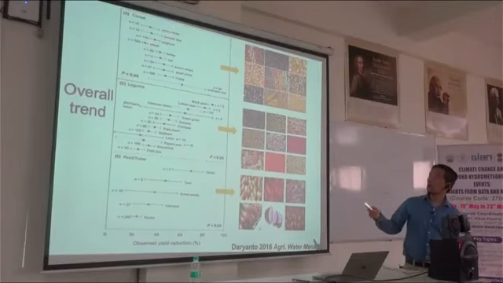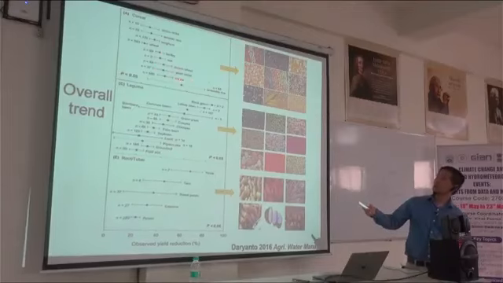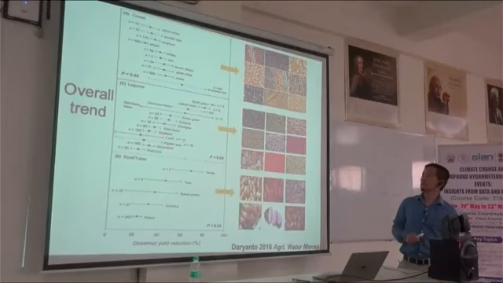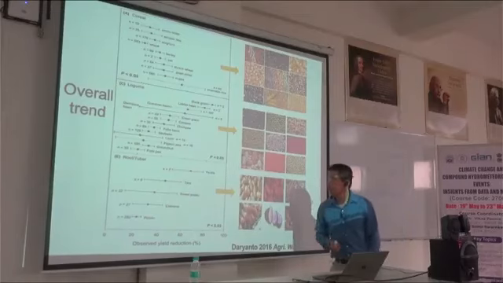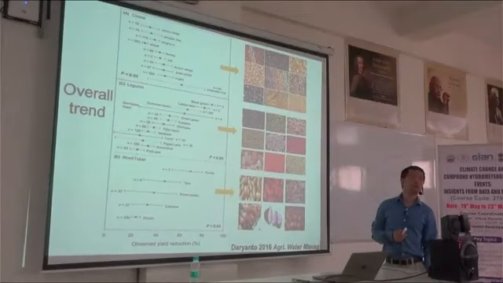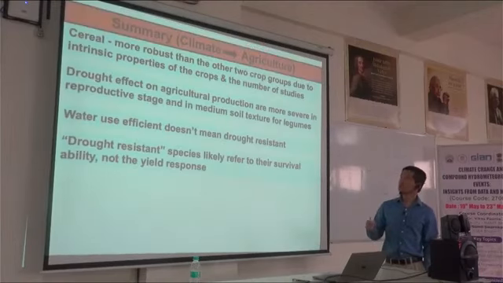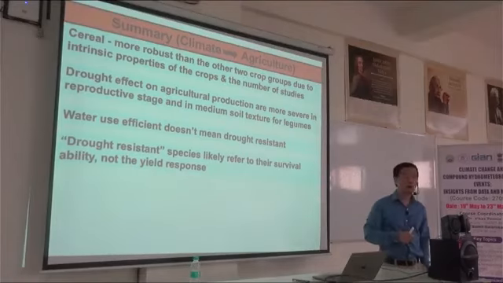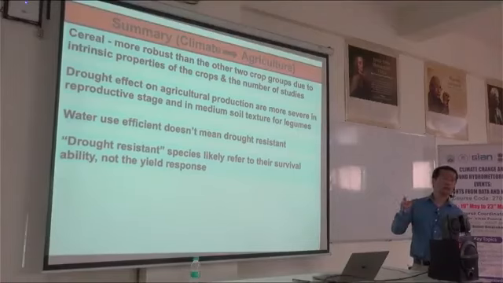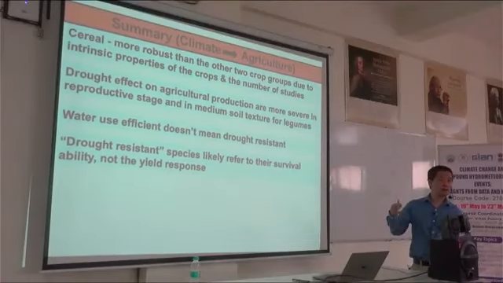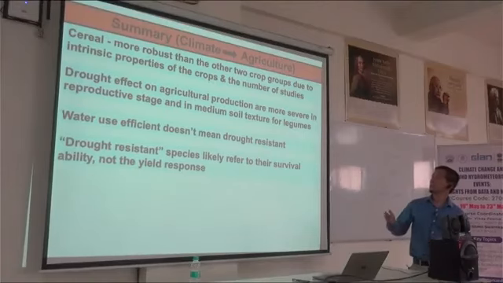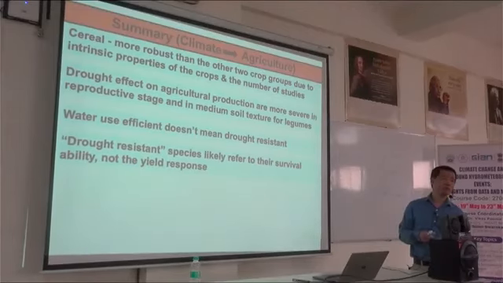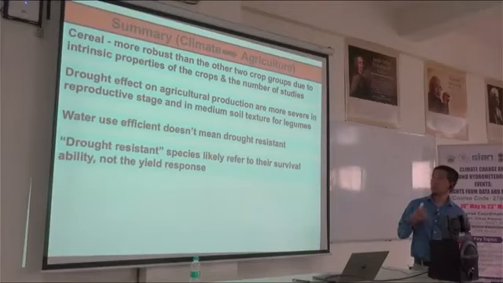But also, for a lot of the cereal species like maize, wheat, and also some legume species like soybean, a lot of genetic modification has been done to them, so they are becoming less sensitive to drought. So both play a role. To summarize this part, really we talk about cereal. They are the most robust among all three groups in terms of drought resistance. That's related to their inherent property, but also related to how many studies have been